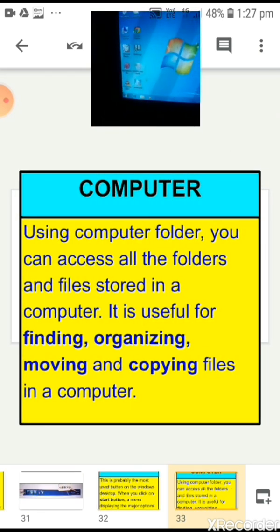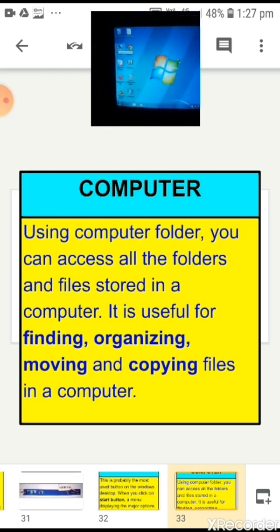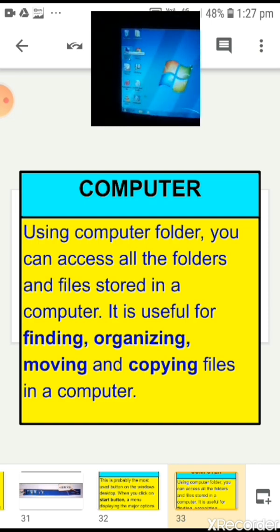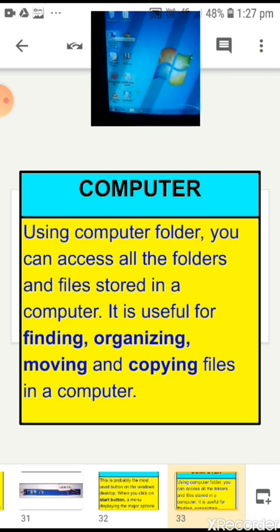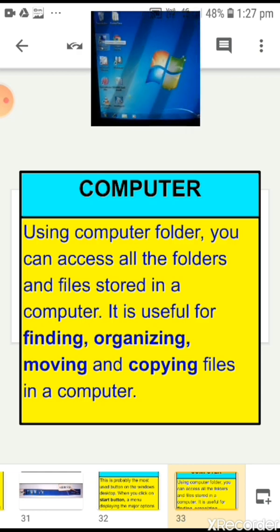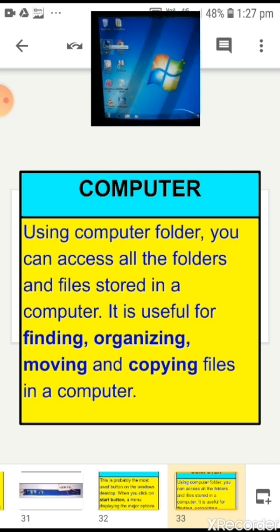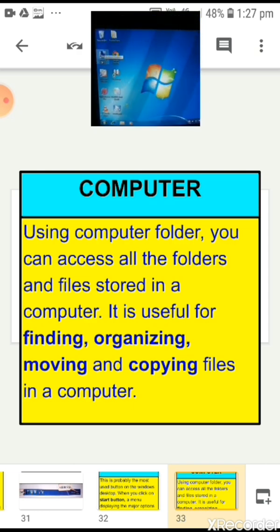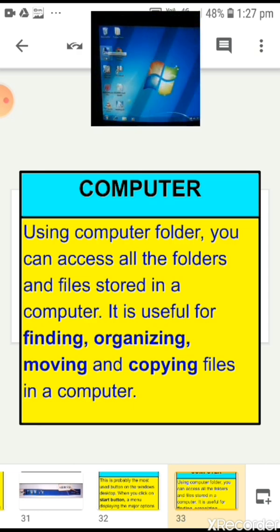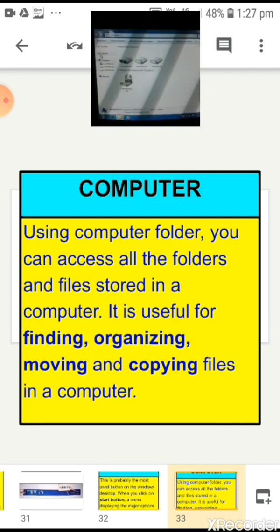Now this is the shortcut key of computer. Children, the computer icon is there. You can access all the folders and files stored in a computer. It is useful for finding, organizing, moving and copying files in a computer. When you double click here, it will open.